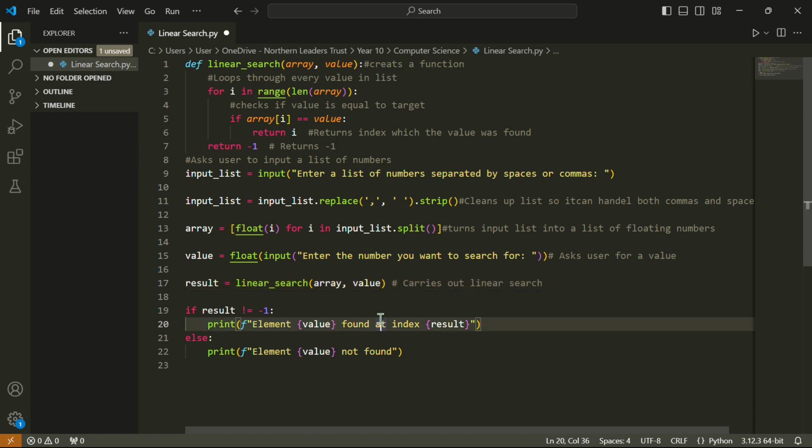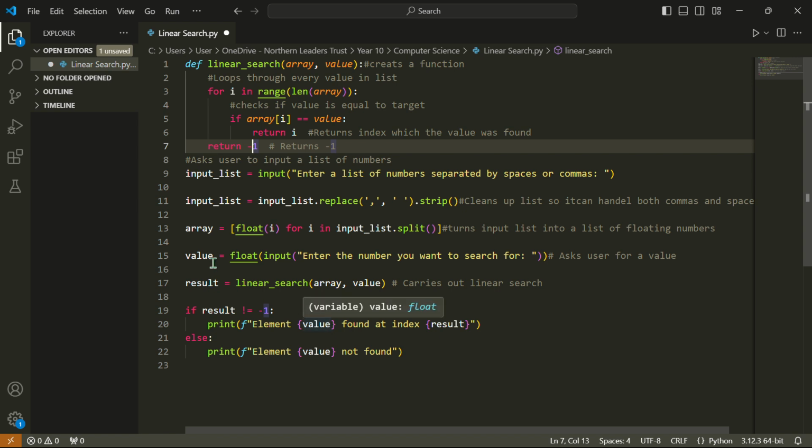And finally, over here is what it does. It outputs the result you got. Now here is where that -1 comes into play. Remember the -1 up here. If our result does not equal -1, i.e. we actually found the value, then we use an F string and print out that the element, the one which you were looking for, the value that you entered, right here, is found at this result, which is going to be your index value, whether that be at index 2, index 4,